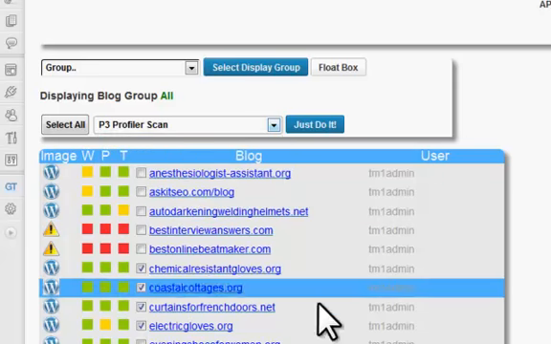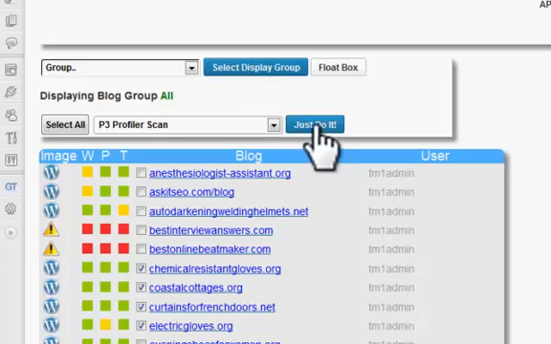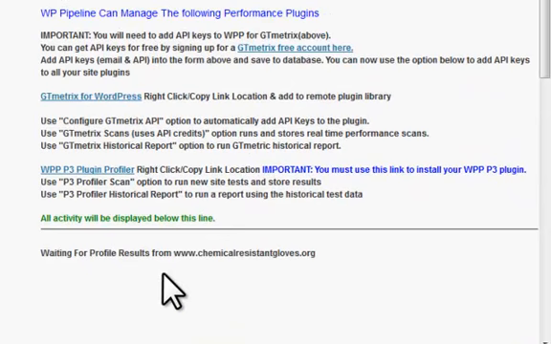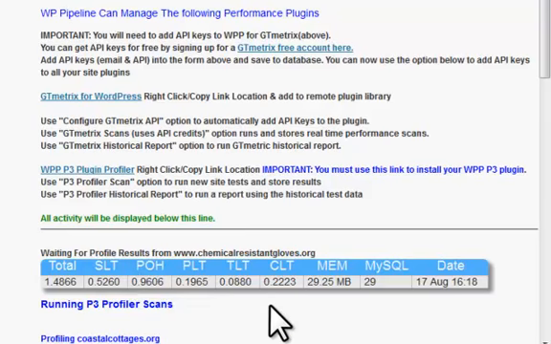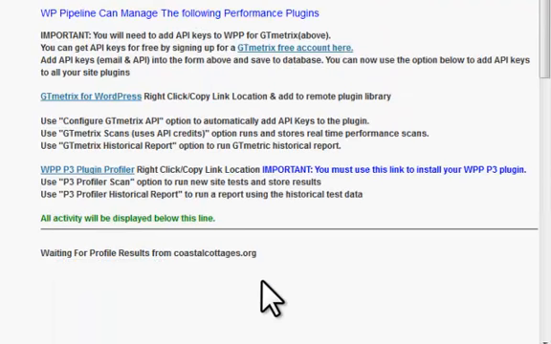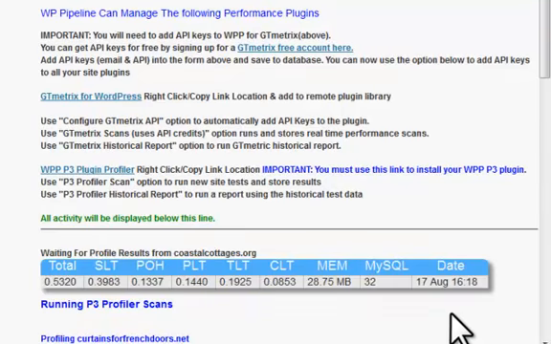So let's just go and do a P3 scan of these same sites again, and we'll see exactly what we're talking about. And it goes off and requests a scan. You have to have some patience while it runs this one because it can take a little while, and it will be waiting for the scan there. It's picked up the results of that scan now, and once it's picked up the results, it will immediately go off and start a new scan on the next site. And of course, it will have to sit around and wait until P3 profiler has profiled that site and returned the data. So we're going through now